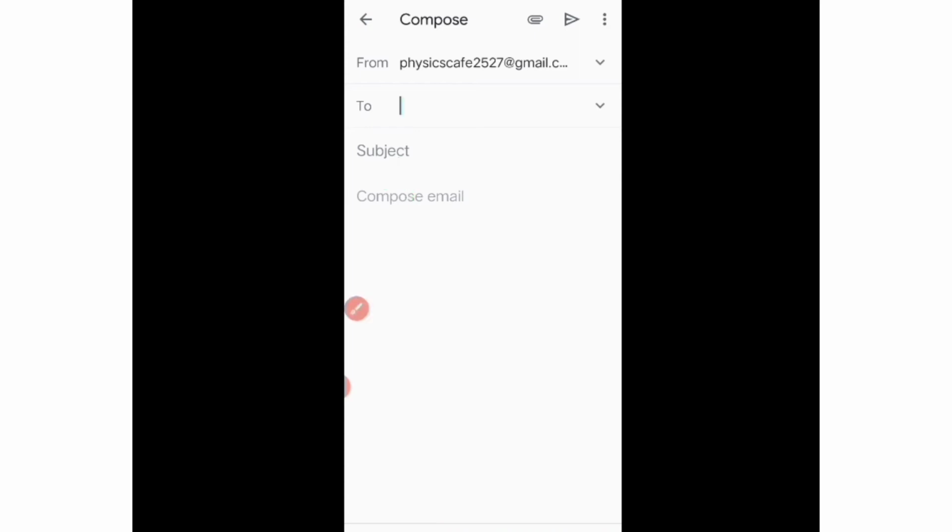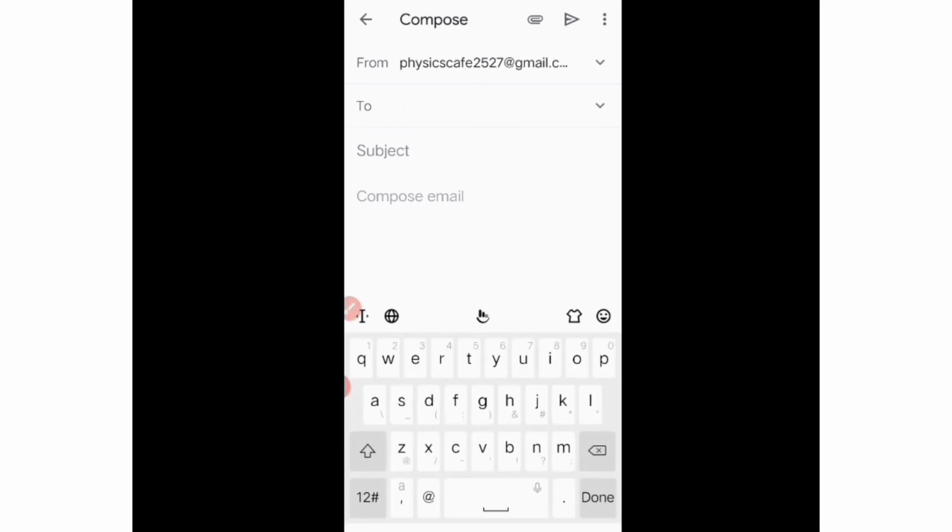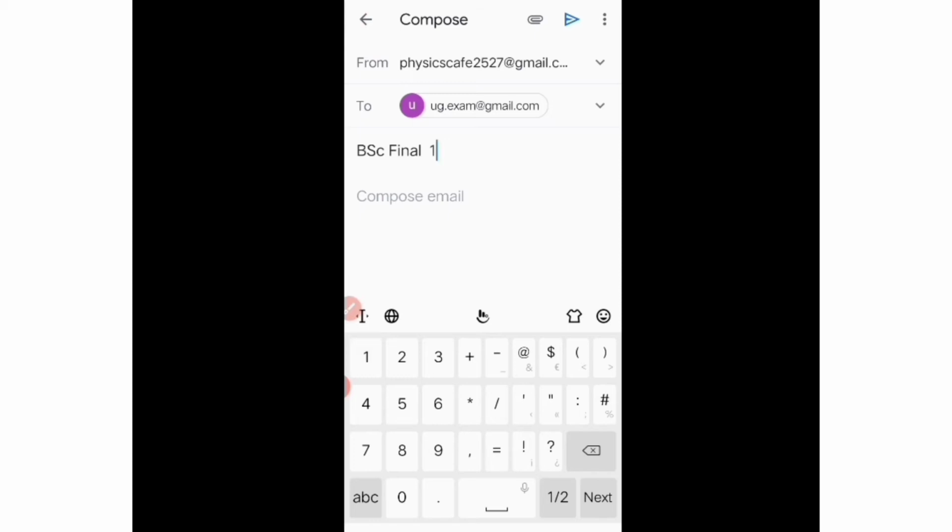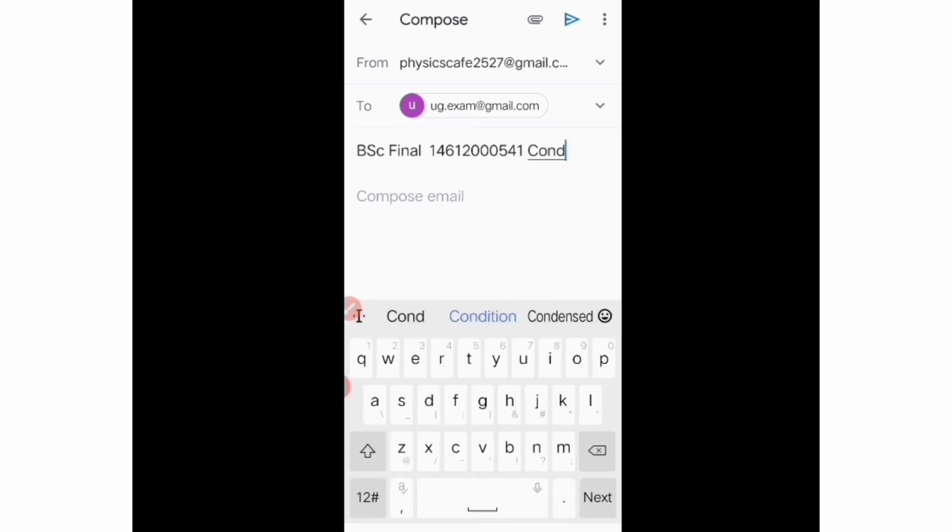So let's start. Here I have to write useexam@gmail.com, and here I have to write the name of the class, which is BSc final, then university roll number, then name of the paper, which is condensed physics.